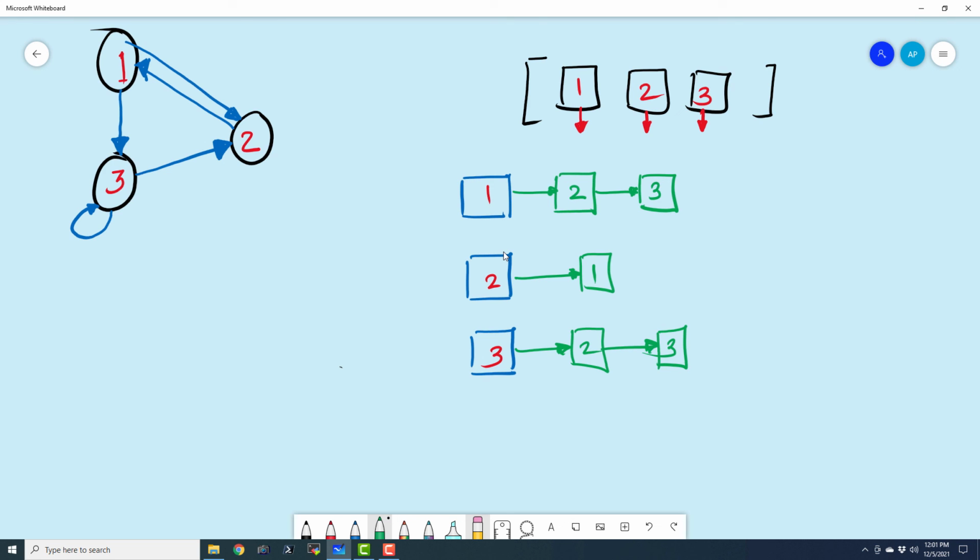So there are 5 entries in total, 1, 2, 3, 4 and 5, and here we have 5 edges or links. So this is how we can draw an adjacency list for a directed graph.